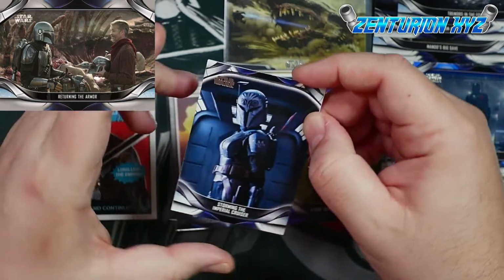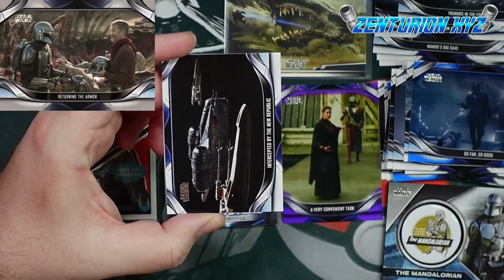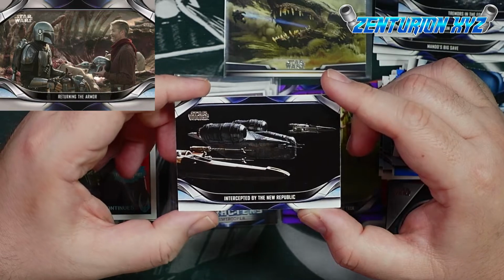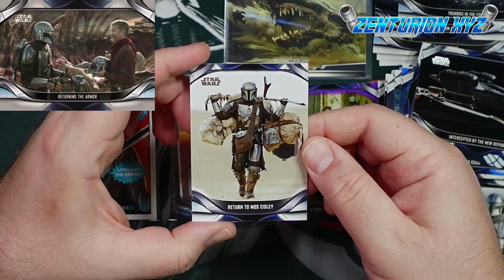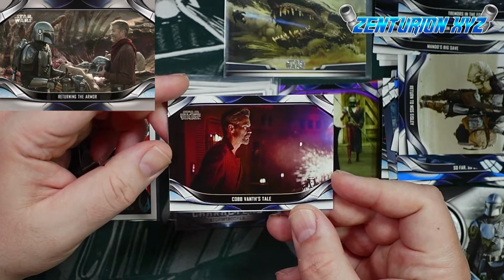So we're going to start things off with a very nice Storming the Imperial Cruiser, Bo-Katan. And there we've got the ship intercepted by the New Republic. I did find all of the scenes with the New Republic and the X-Wings quite funny. But we've got the Cobb Vanth here. So